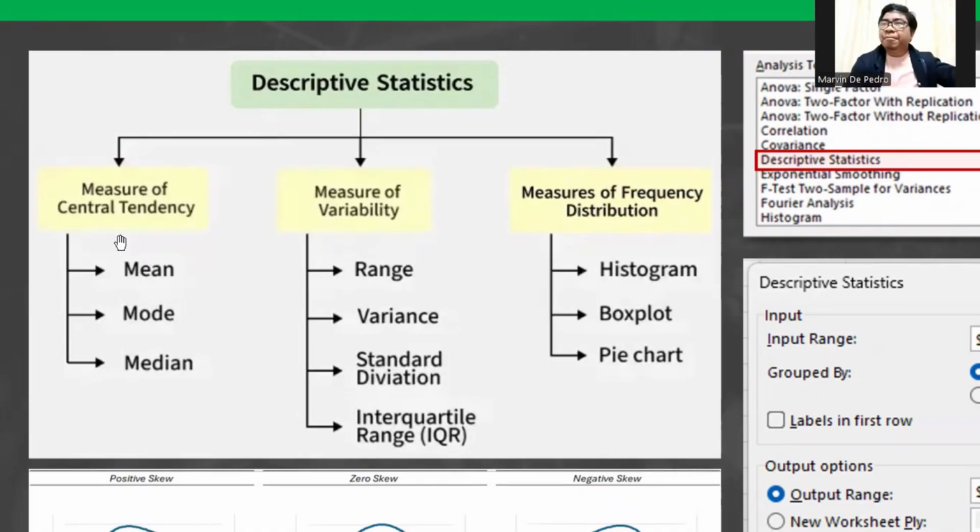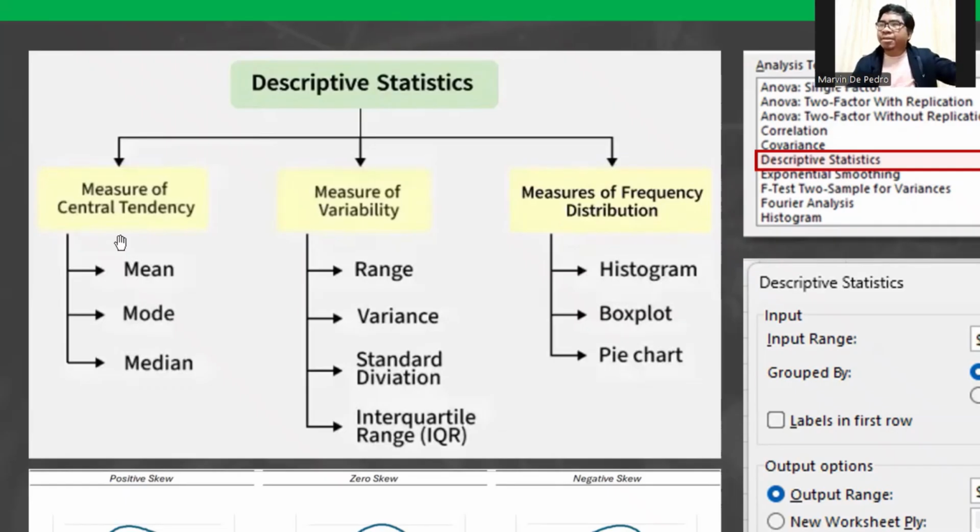Now, when we say descriptive statistics, maybe we are referring to the measure of central tendency, and that's our mean, median, mode. Or we are talking about how spread the data is. We want to measure the data's variability. Okay, so we can derive the range, the variance, standard deviation, or the IQR.